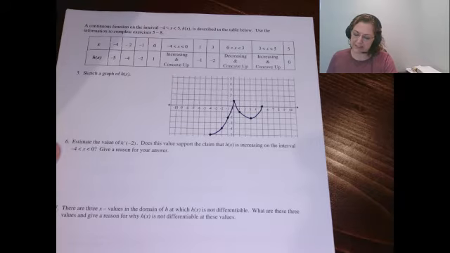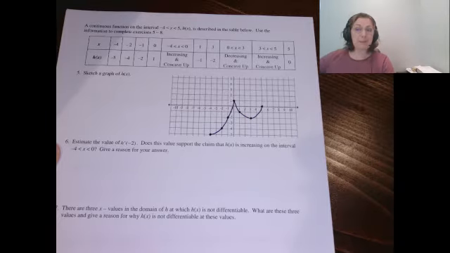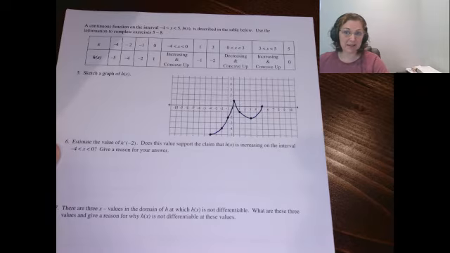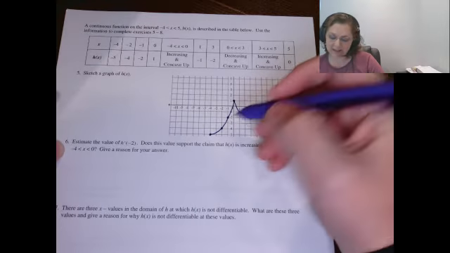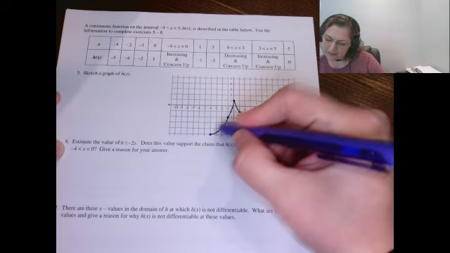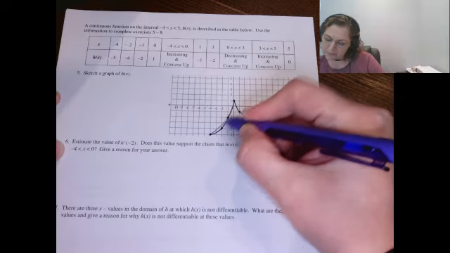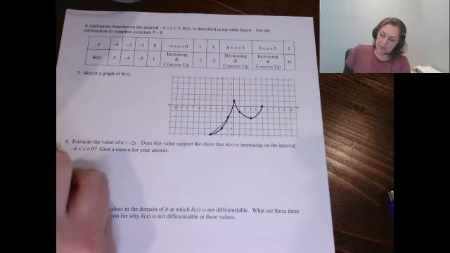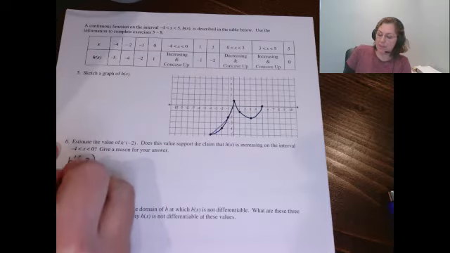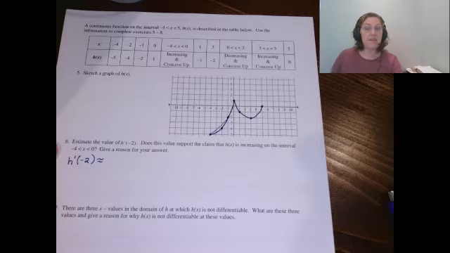Okay, number 6 then. Estimate h prime of -2. So this one, remember, estimate does not have to be 100% perfect, meaning you're not calculating. So we're going to estimate, right? We might estimate my slope to be between these 2 points. So I could say that h prime of -2 is about, okay? And if I can't do the derivative, can't do it exactly, then I have to get the slope a different